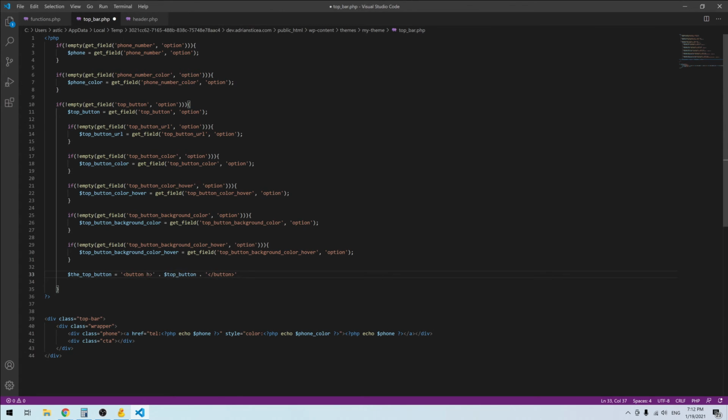The link. Okay. I'll have the color next. So I'll have style equal with color semicolon, and the background color, and